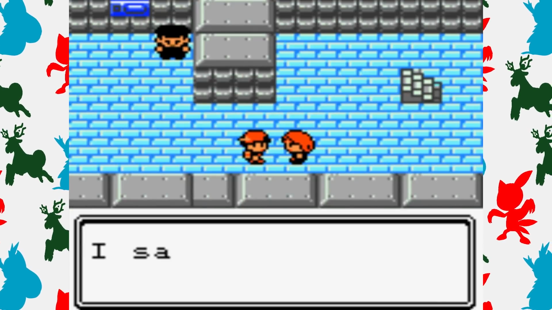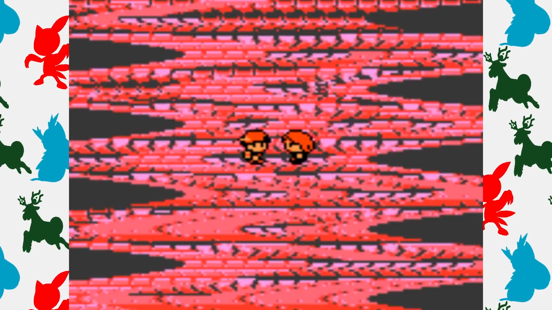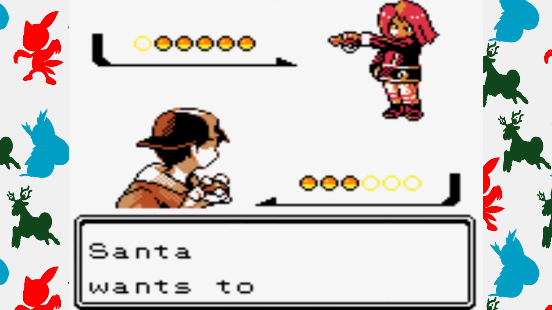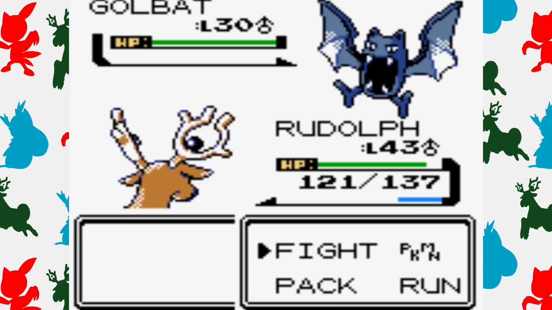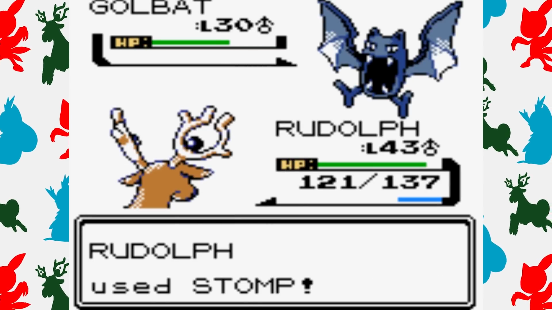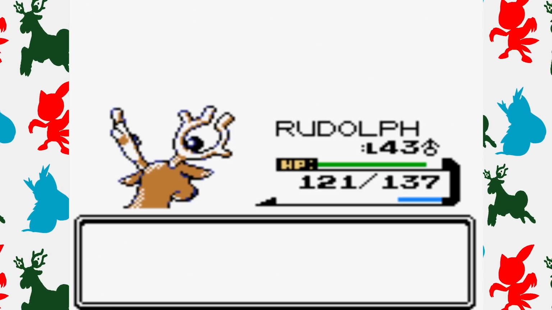We go to the shopping mall's basement to pick up some presents, but Santa tells us that they have been stolen by the Grinch. This is a disaster. He tells us the location of the Grinch, but first he needs to find out if we are worthy of challenging it. His first mon is Golbat, who somehow survives a stomp to the face, but the second one takes